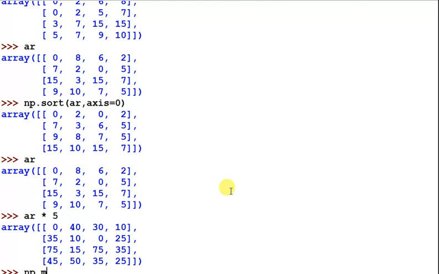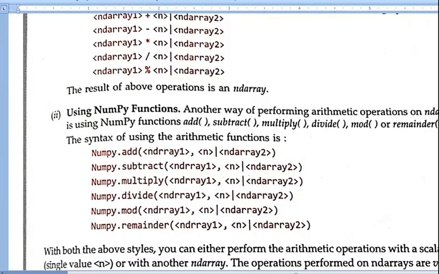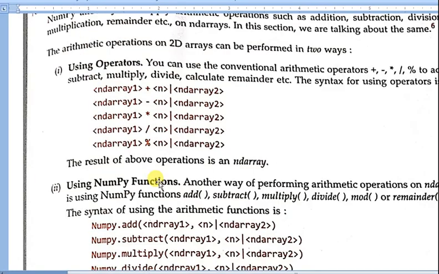The second way is np.multiply, then the array and the value you want to multiply with, 5, and you achieve the same result.